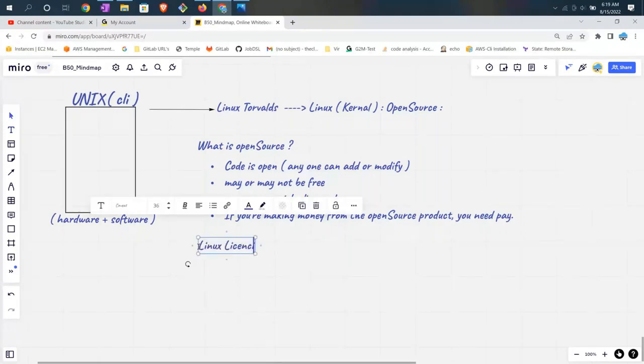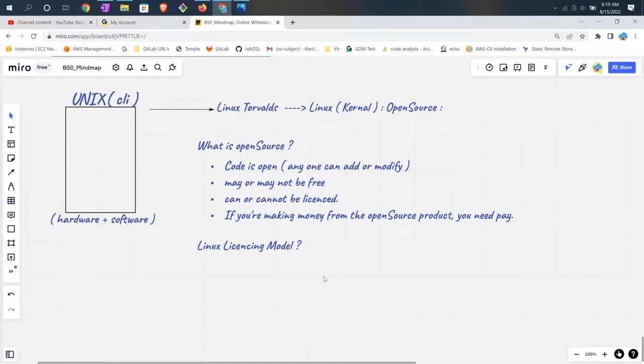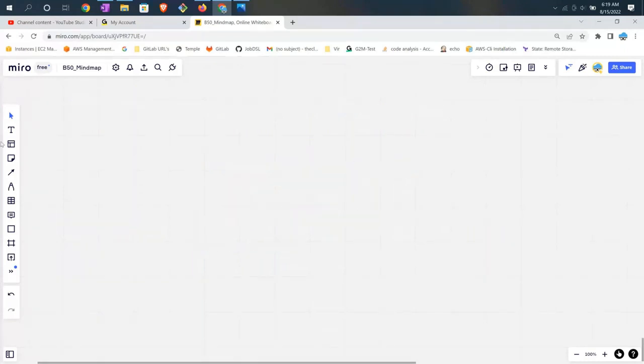You might say, hey Manu, you said it's open source, so why again a licensing model? Before going to the Linux licensing model, let's talk about the Windows licensing model. So if you want to use Windows, guys,